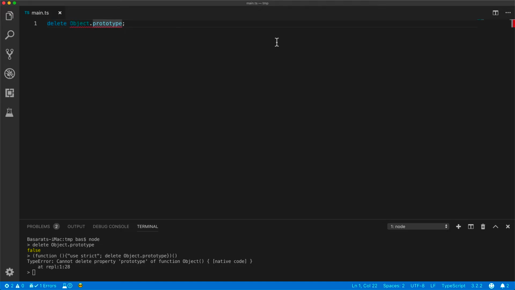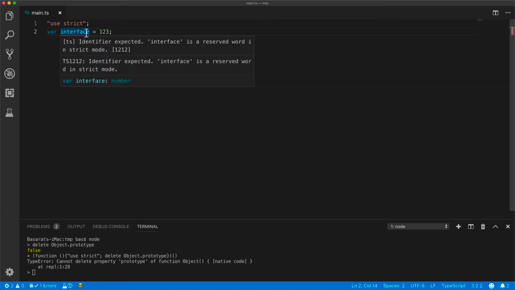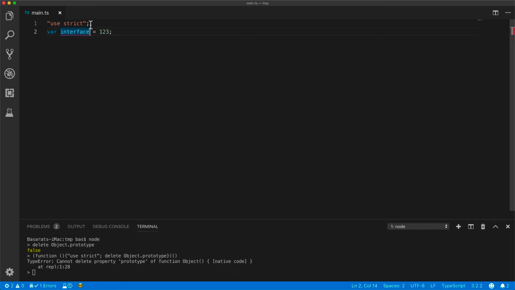Independent from code that are actual errors, there is a category of code which is technically correct. However, it uses something like reserved keywords, for example, interface. Such code would not compile under "use strict". And if you add the "use strict" directive, TypeScript does correctly infer that this is a reserved keyword and therefore cannot be used. However, instead of actually having to write this in every single file, you can actually use the TypeScript